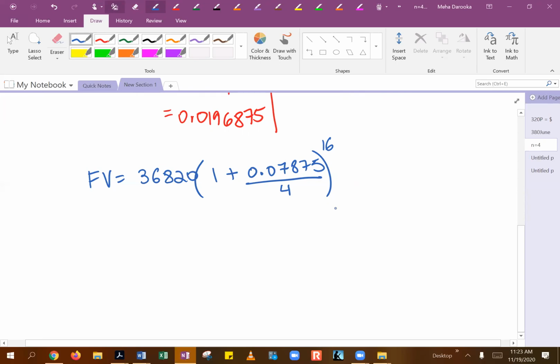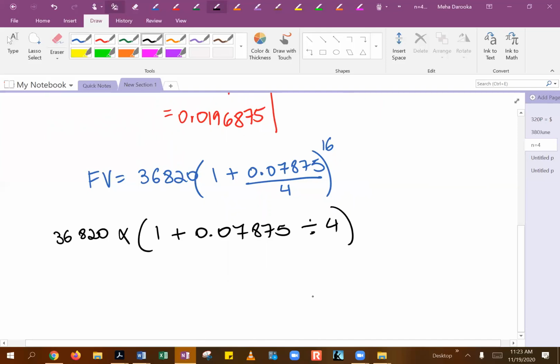Now, another thing I will tell you, you can actually type this whole entire thing in your calculator all at once. So the way you can do this is you can type in, of course we would start out with that 36,820. Then you would use your multiplication, parentheses, 1 plus 0.07875, divide that by 4, close your parentheses, because we want the calculator to know that all of this calculation is happening inside the parentheses. And then